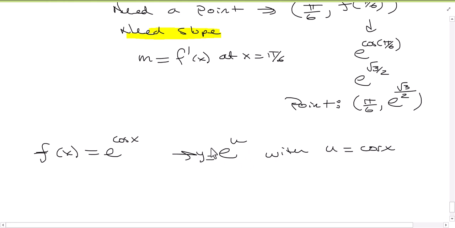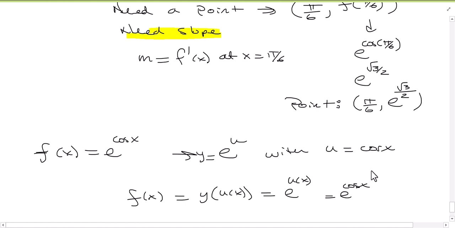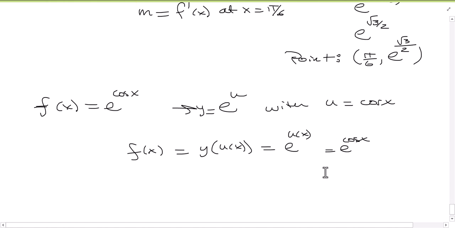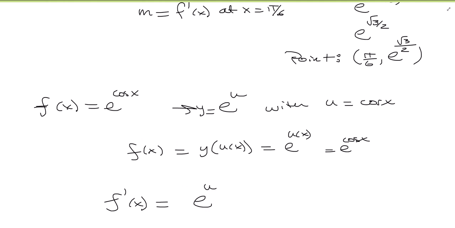So going back to our composition, f of x is equal to y of u of x, right? So that's e to the u, which is e to the cosine x. So that's how we get our composition of functions. So when I take the derivative, f prime of x, the chain rule says you take the derivative of the outside function. So my outside function is e to the u. So the derivative of e to the u is just e to the u, of our original, really. So it's e to the cosine x